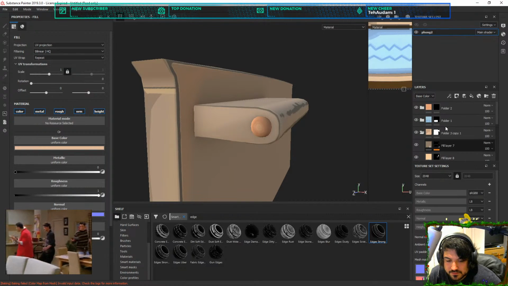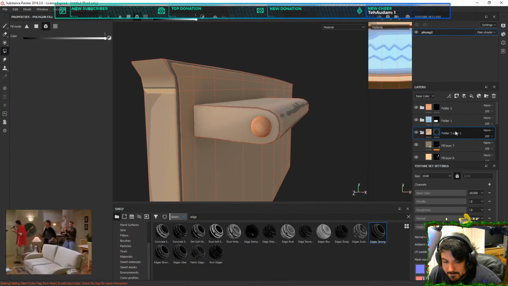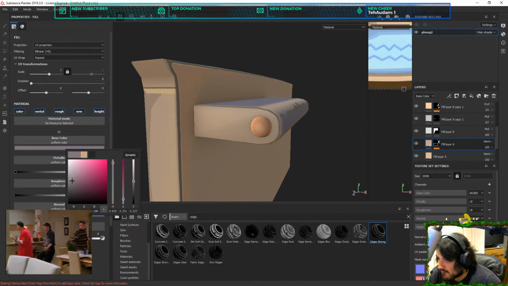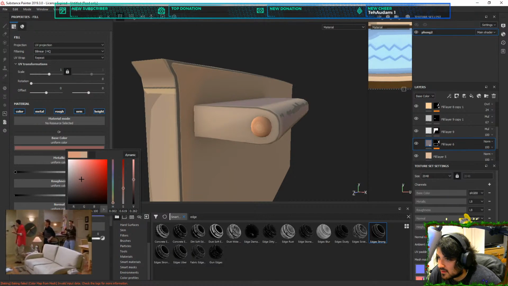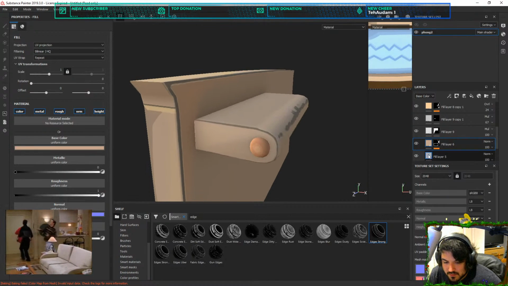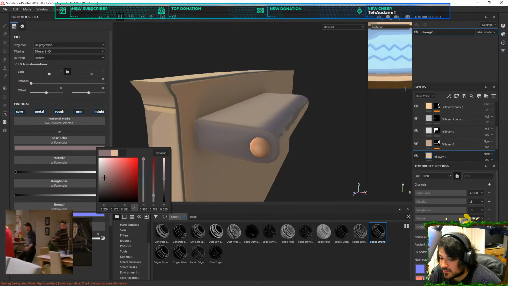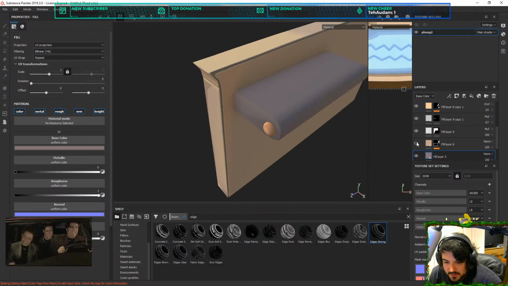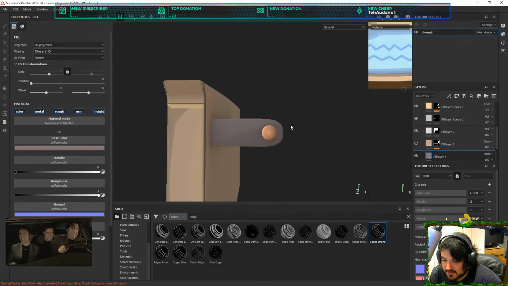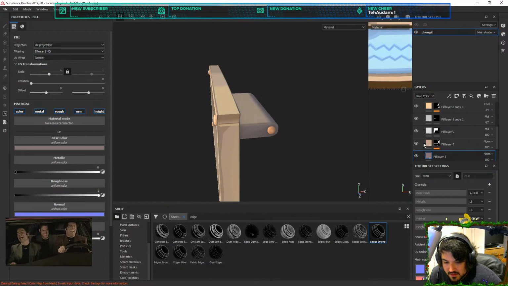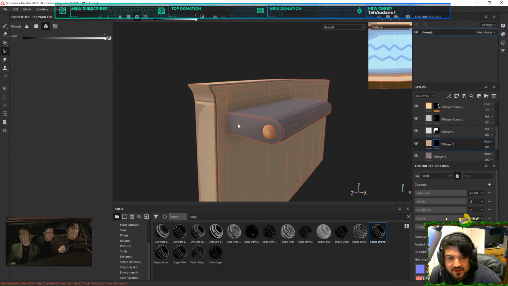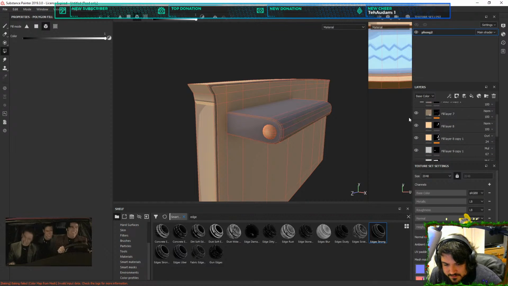Oh, right. There you go. Oh, wait. That's not the base color, that's the base color. Cool. So that's the color of that guy at the back. This is the black mask. This is an n-gun, I need to fix that, but we'll sort that out in a minute. Don't you worry.